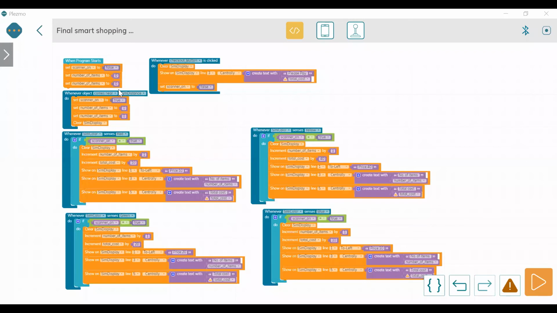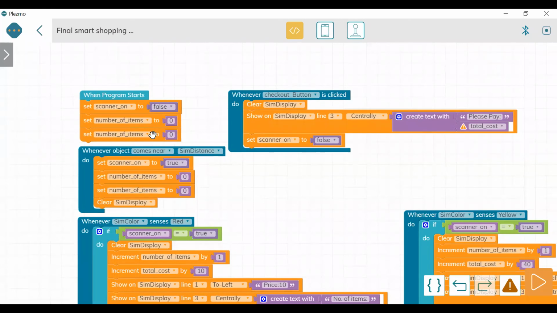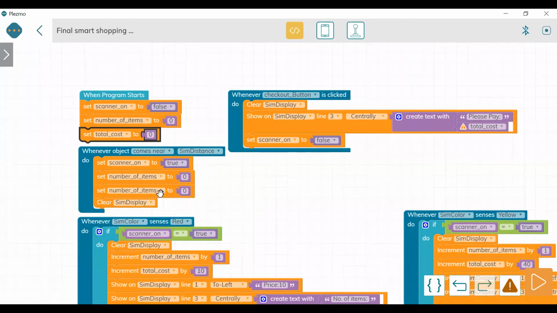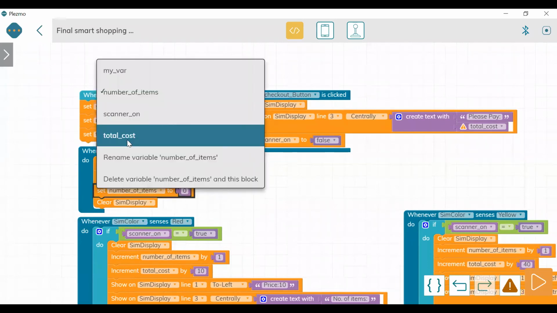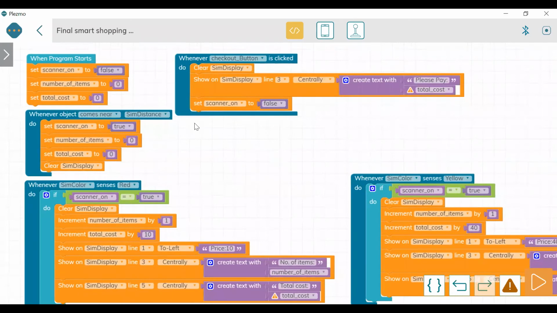Now before going to the simulator, if you see the program carefully, there's one mistake. Let me zoom out a bit. When we duplicated the things here, the number of items is the same in both cases. So let us take total cost. It might happen with you also. Just take care that we have defined all the variables correctly.